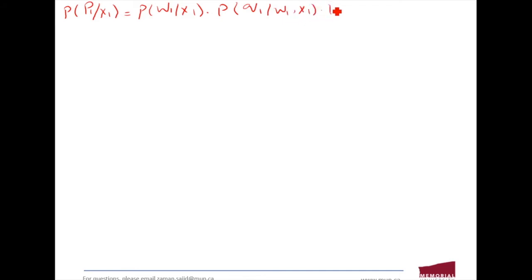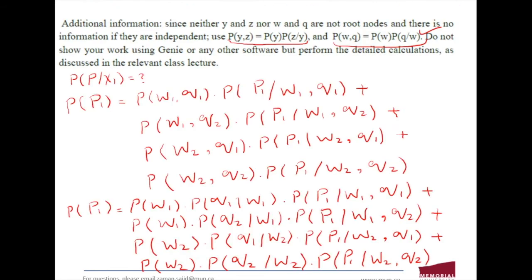The last term should be the probability of P1 given that, now we should have W1 here, Q1 here, and X1 here, plus. Now the same procedure, let me go back here, will be applied on the second term,